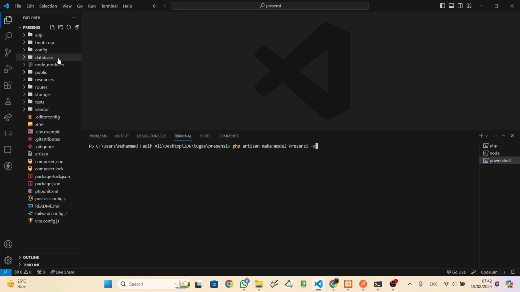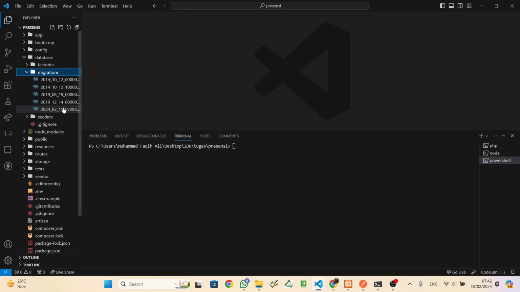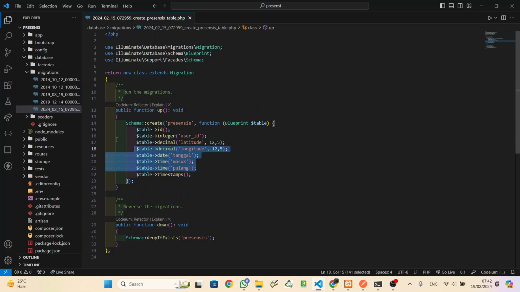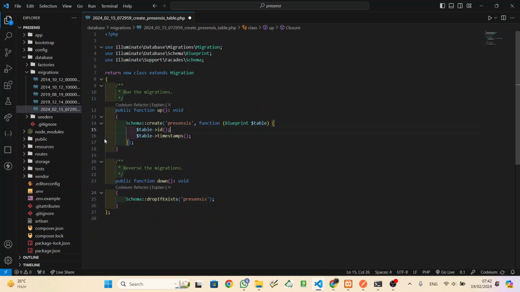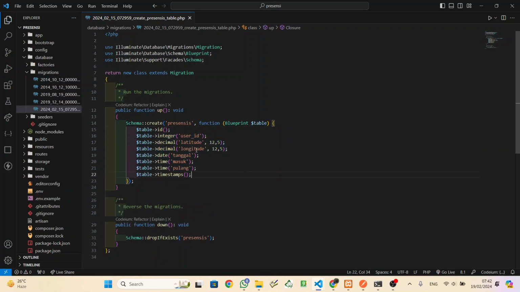This line will make the model and also the migration. After that, two things will appear: the model Presency and the migration presency here.